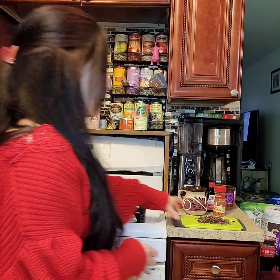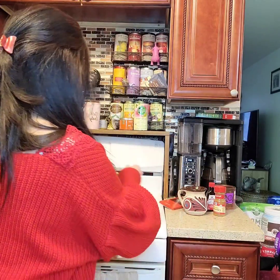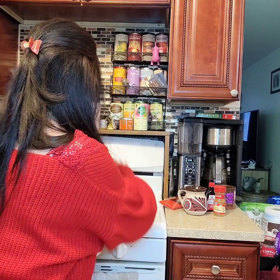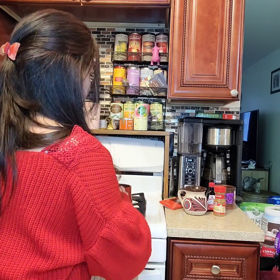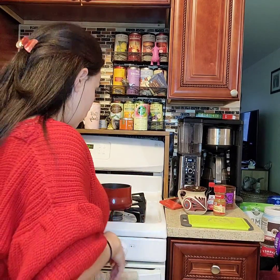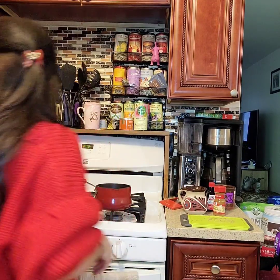So I'm gonna take my chocolate. I don't have an exact amount of oat milk that I'm going to use. I wish I could tell you it's going to be this specific amount, but the way that I'm going to do it is I'm going to put as much as the consistency that I want my hot chocolate to be. So it's really going to vary depending on the person. So to start off,